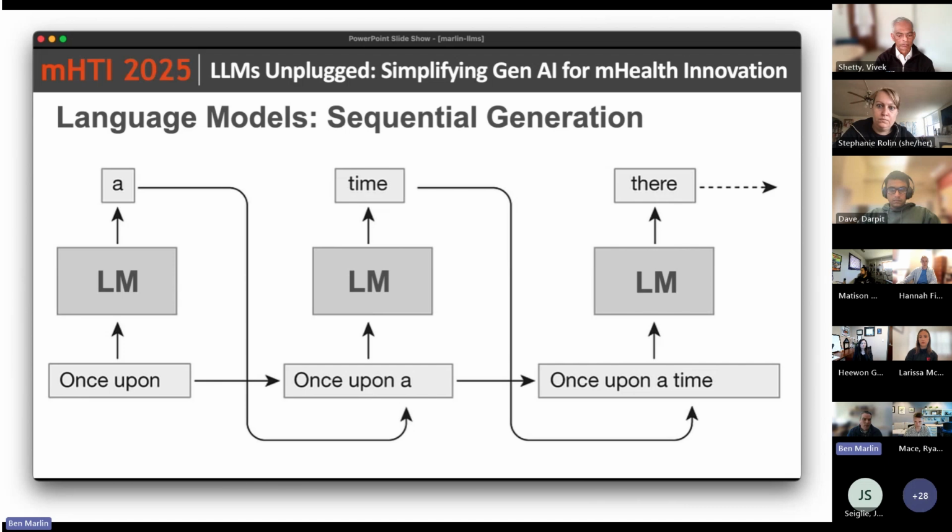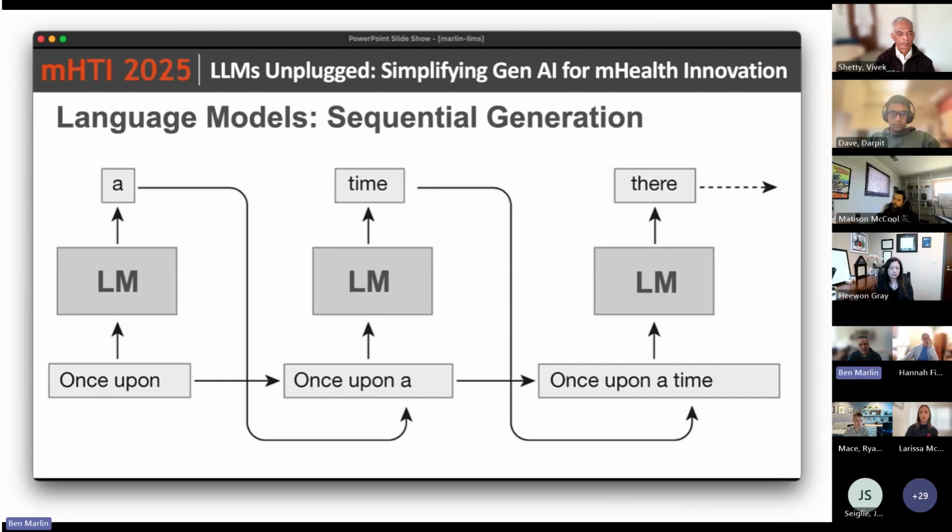So in this example, we start off with an input, once upon, we run it through the LLM box that we just described. Maybe the LLM decodes and chooses a as the next symbol. So we get once upon a. We take the a that comes out, we can concatenate it with the original input. Now we have once upon a as our input, and we feed it back through the language model. So maybe now the LLM outputs time as the output. We can concatenate it back again. Now we have once upon a time. We're starting sort of a children's story or something like that, bedtime story. And then we feed that back into the language model, generate our next token.